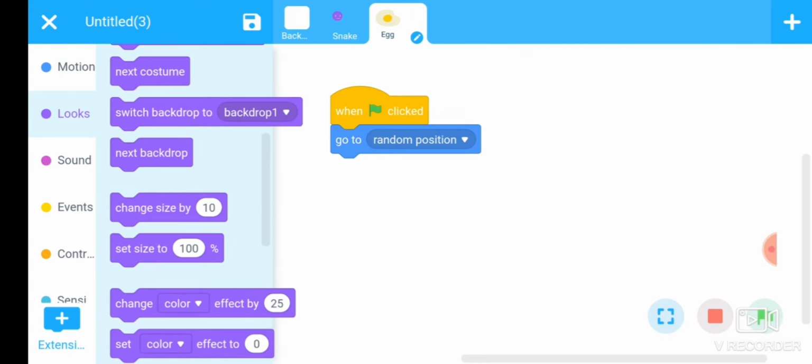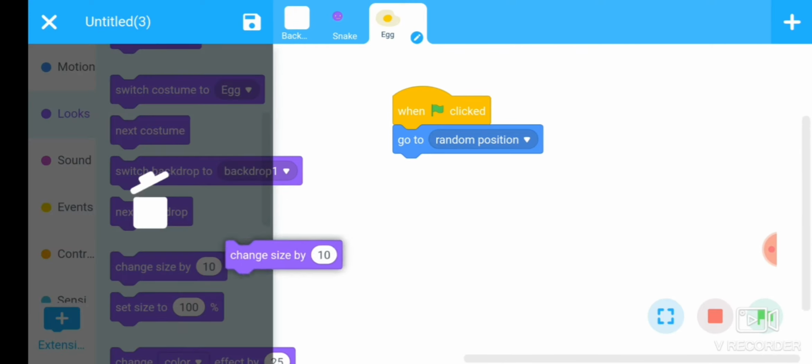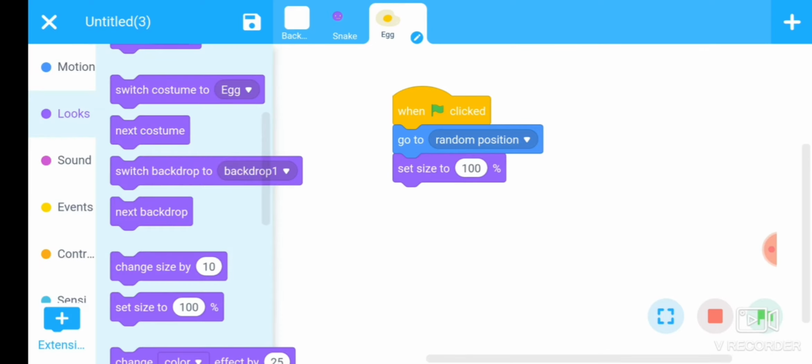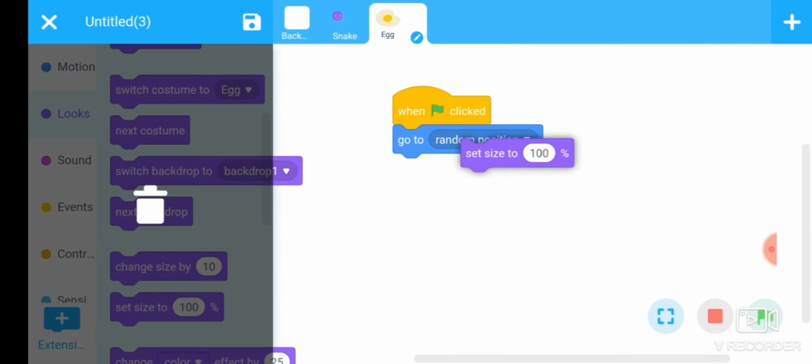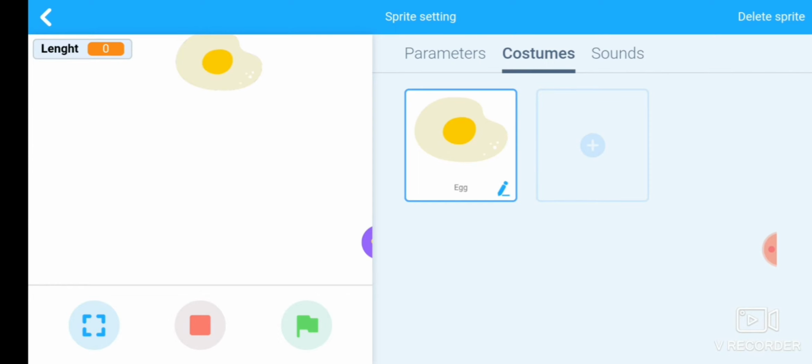Yes, set size by 10. Sorry, set size by 100. Replace 100 with 30%. Now again check that this is enough size. Okay, fine.